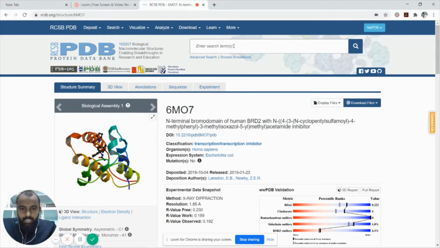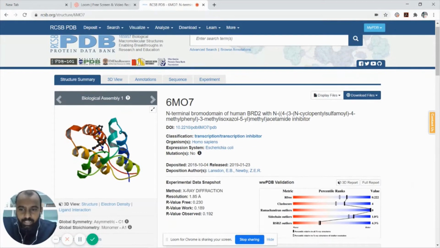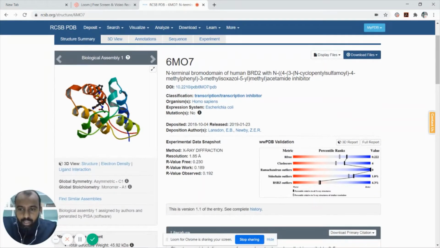The ligand inhibiting this protein is 4-N-cyclopentenyl sulfamyl 4-methyl 3-methoxy isoxazole 5-aryl methyl inhibitor. This is the fundamental information you are getting from the structure.